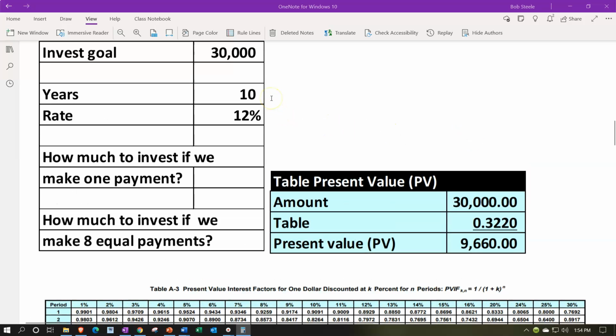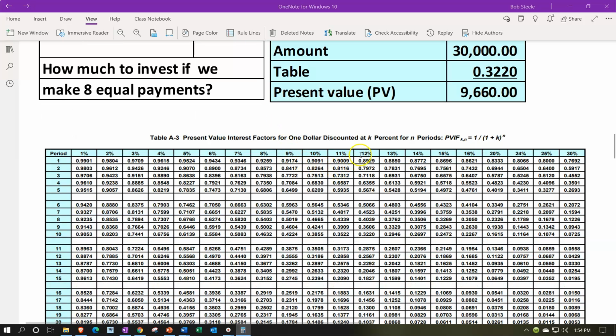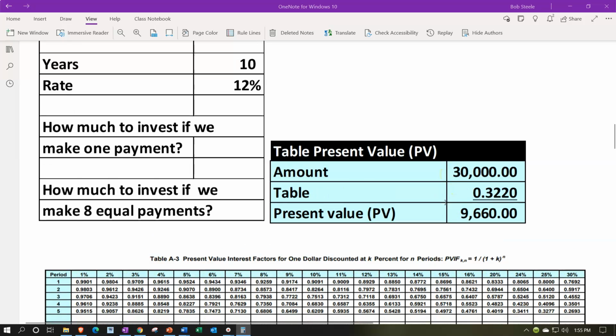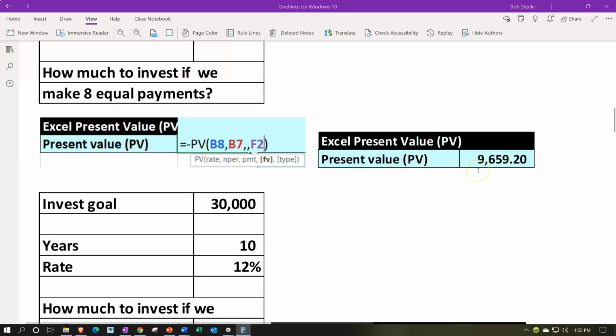We can also do this with a table, of course, table time, same kind of thing down here. We got the periods 10, rate 12. So I'm going to say 12 and then 10 is going to be the 0.3220. So we could also take that 30,000 times the 0.3220, giving us that 9,660,